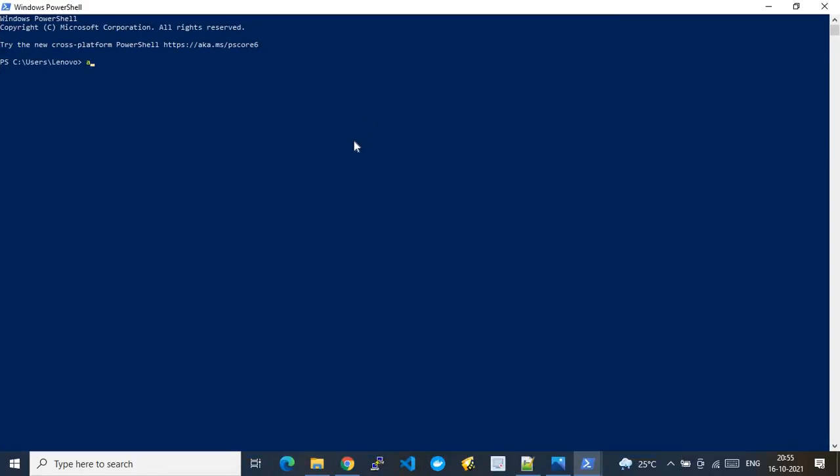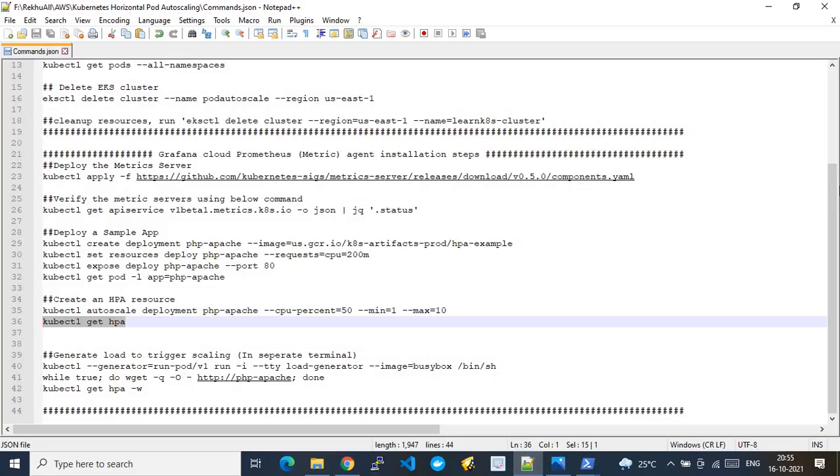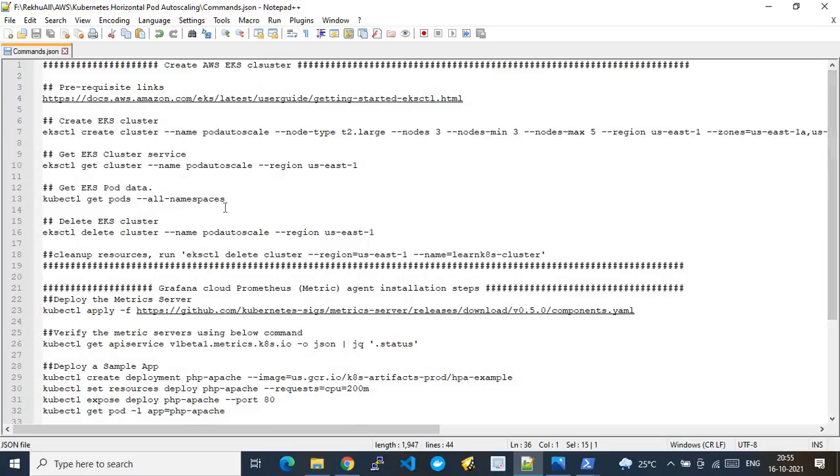So I have to set my context, right? I'm setting the context of my AWS account. I'm using the AWS CLI. Let me use the command called aws configure. So I'm using the access key ID, secret access key, and this is my region and output. And that's all. So this is my account context setting. Now, for the purpose of checking the status of my EKS cluster, I just run this command.